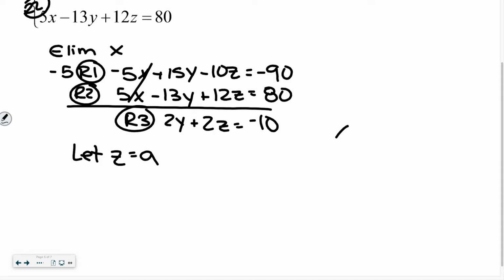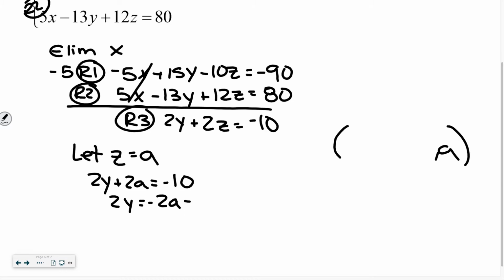Okay, so then in my ordered triple, z is a. I'll say 2y plus 2a equals negative 10. 2y equals negative 2a minus 10. Therefore, y equals negative a minus 5, or negative 5 minus a. Doesn't matter which way you write it. It's all the same. And then to find x,